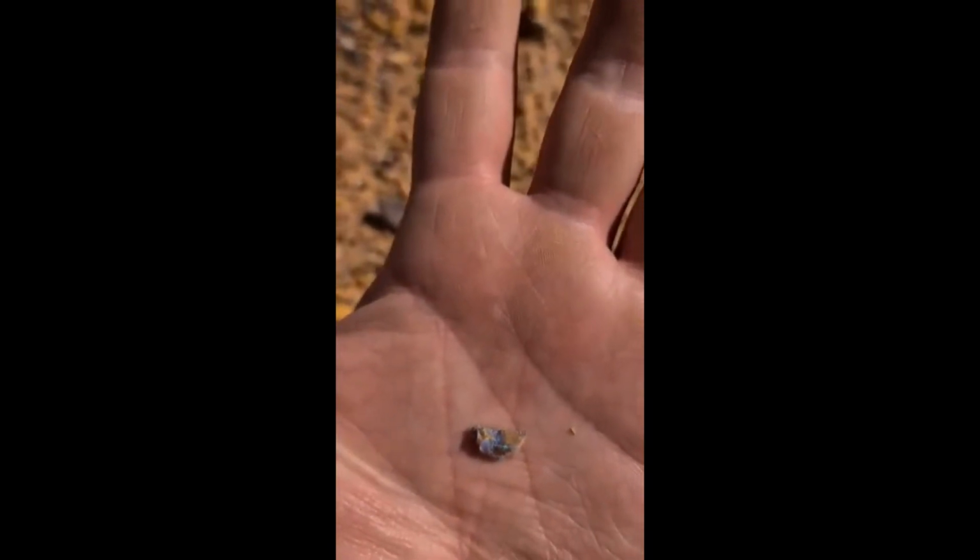Just found this cool little bit, just hiding on the surface under a branch. Just keep...